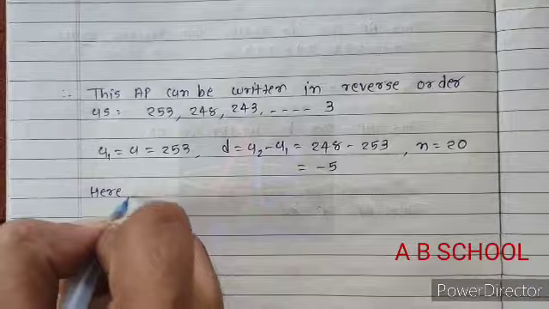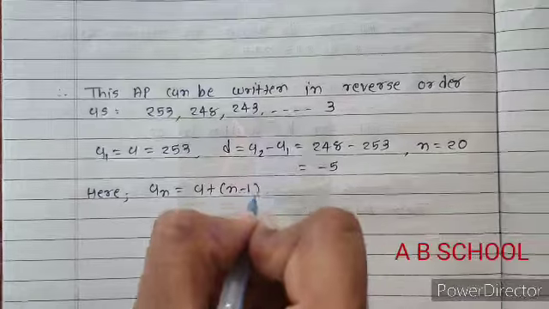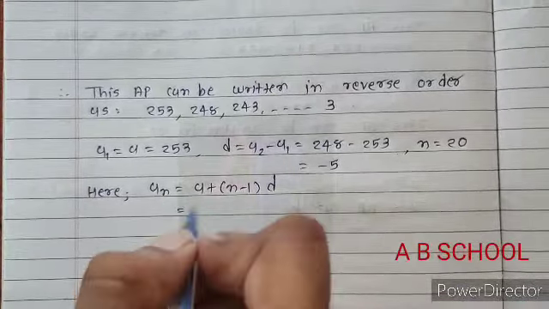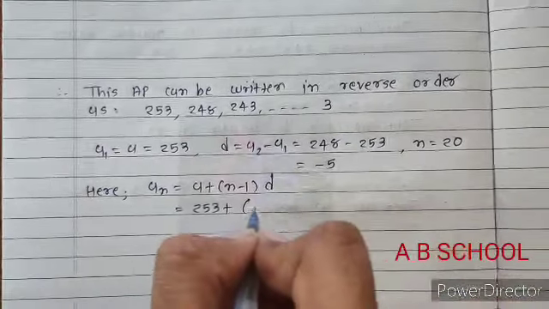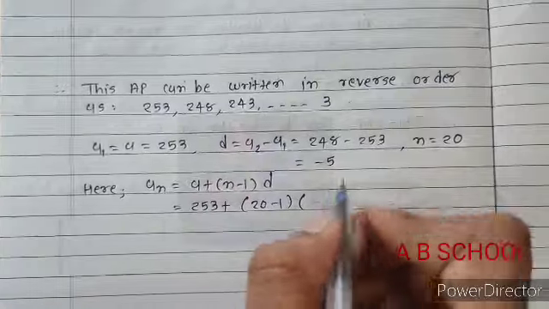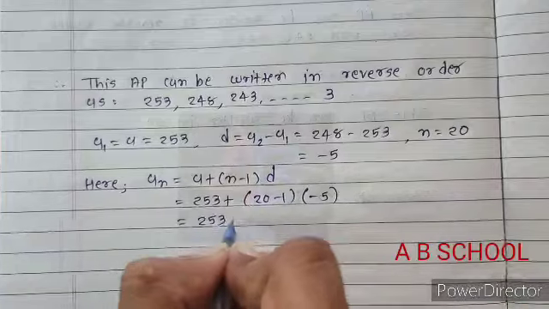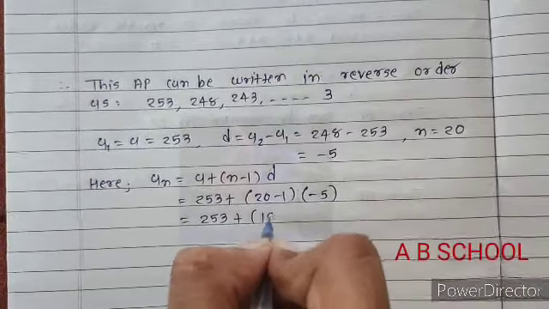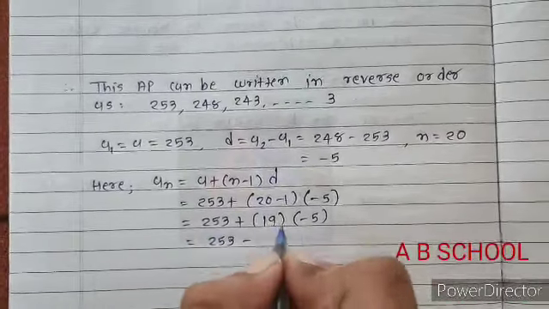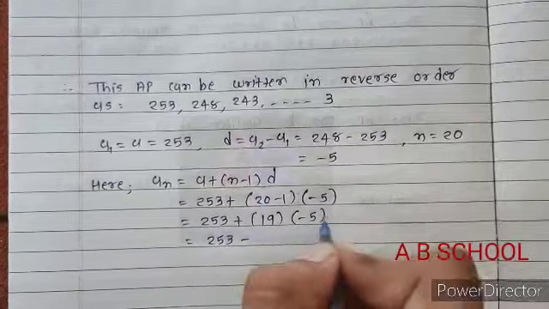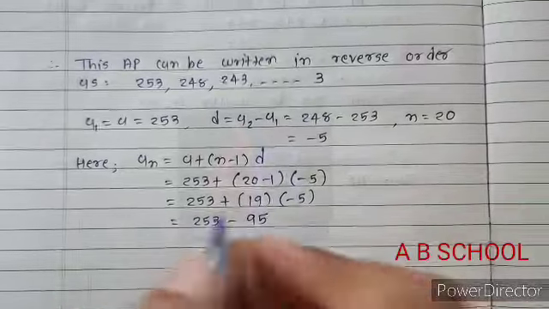Now by using the general form of AP, An is equal to A plus n minus 1 into D. The value of A is 253 plus, with n equal to 20, 20 minus 1 into the common difference D, which is minus 5. So 253 plus 19 into minus 5. 19 fives are 95. So 253 minus 95